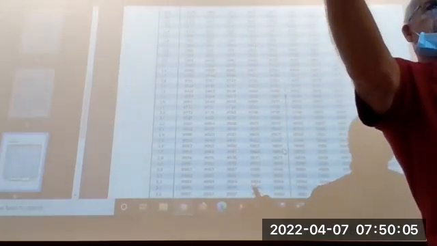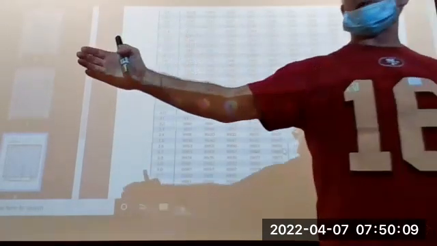Now, here's a different way of looking at it. I don't want the top or the bottom. I want to look at a different point of view. I want to exclude the extremes. When we're talking about human heights, if I said, well, 99% of the people or 90% of the people, pick a number, are going to be between here and here, I want to exclude the tallest people on the planet. I want to exclude the shortest people on the planet.